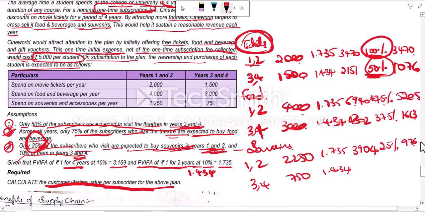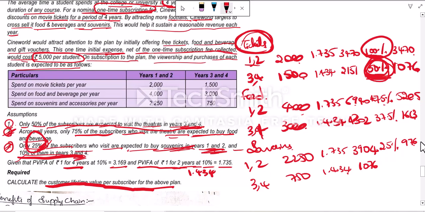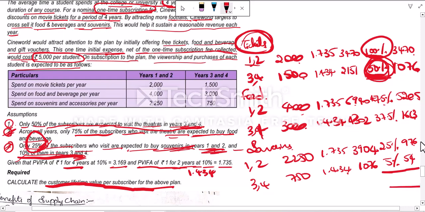Next, 750 into 1.434 will be 1076. In this, 10% of them in third and fourth year. See, we have only 50% members in third and fourth year. Okay, from here, the 10% will purchase the sovereigns, means 5%. What is 1076 into 5%? 54. So, if we sum all these, we will get